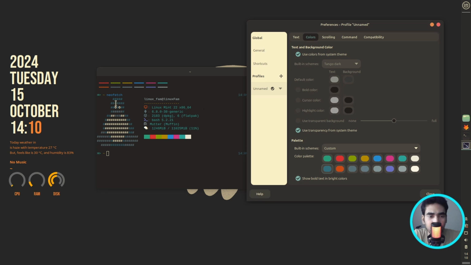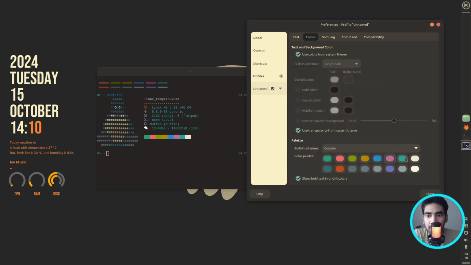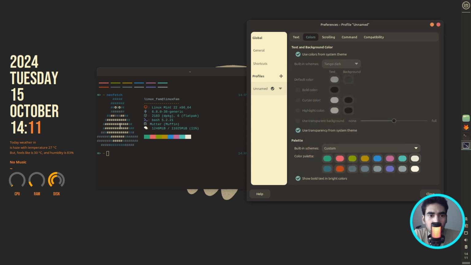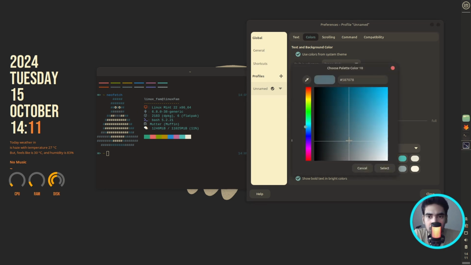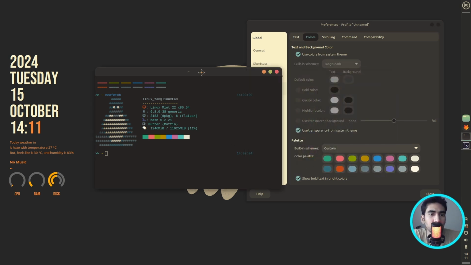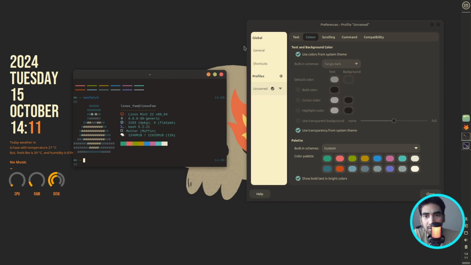So you'll see that it's changing here, and basically you can do the same for all the colors. Maybe make them a little bit lighter. Alright guys, so you get the idea. You can spend a little bit of time changing the colors, but